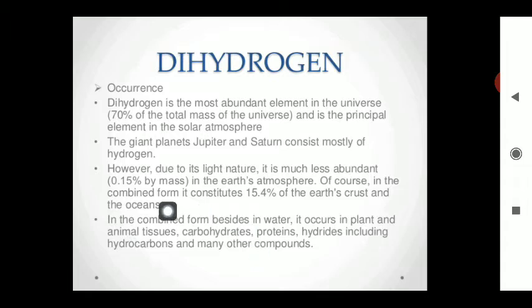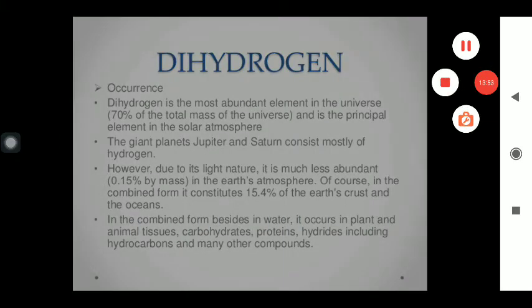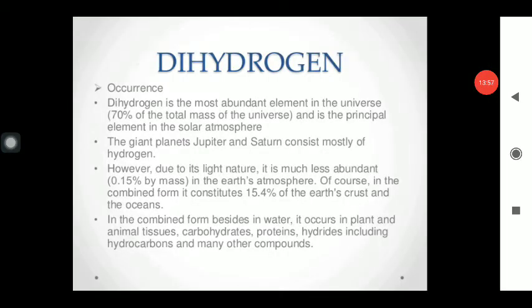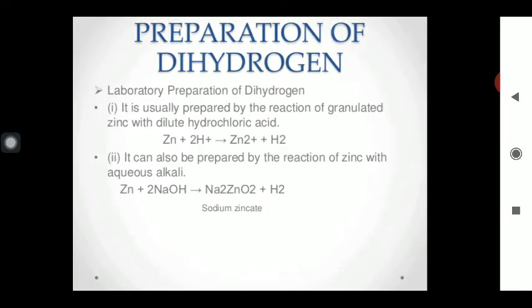CxH2xOx, protein, these are polypeptides and various hydrides. We have discussed the hydrides in the unit s-block, including the hydrocarbons and many other important compounds. तो हाइड्रोजन कोई ऐसा कंपाउंड नहीं है, कोई ऐसा फील्ड नहीं है जहाँ पर हाइड्रोजन का अबंडेंस आपको ना मिले। तो कंबाइंड फॉर्म में ये हाइड्रोजन कैटायन के फॉर्म में, एनायन के फॉर्म में न्यूमेरस कंपाउंड्स के अंदर प्रेजेंट है।